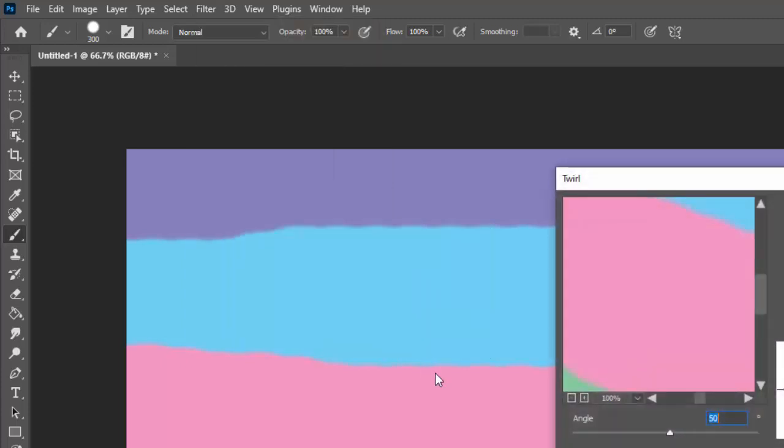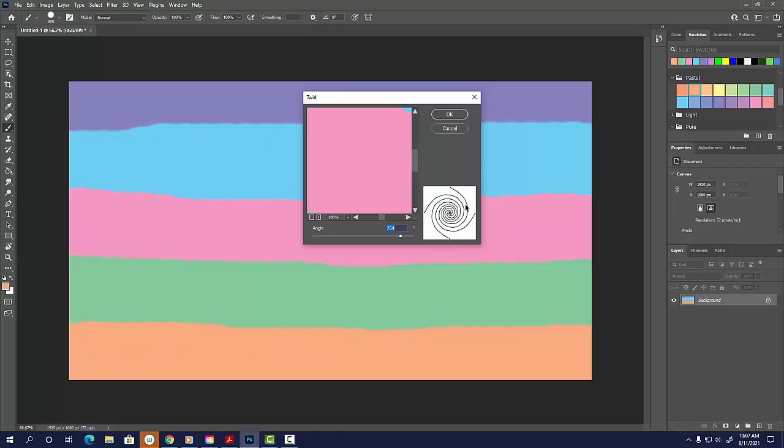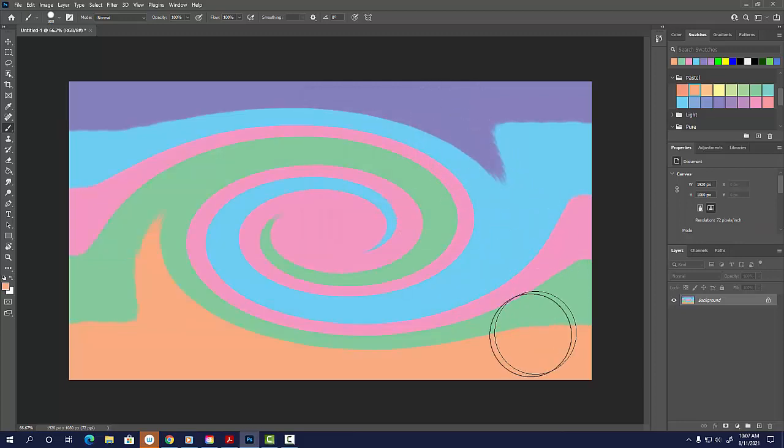So I'll click on Twirl, and I get a dialog box here. Twirl works with an angle, and I can adjust the angle either way. I can drag this to the left or to the right. It's going to have to do with the amount of twirl. If you look at this little preview box right here, you're getting an idea of what is coming up here. All right, so if I click OK, shwaboom, and that's what that filter did to my little thing